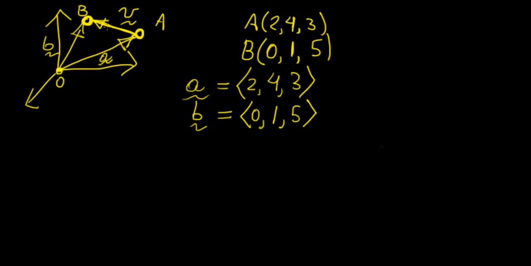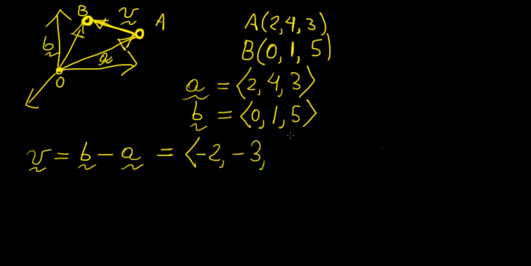Now, in order to obtain the vector that goes from A to B, all we need to do really is just subtract. So V in this case is going to be the endpoint, so basically vector B minus the starting point, which is given by vector A, so minus A. And then all we do now is we just subtract, so we're going to have 0 minus 2, so that's going to be minus 2. Then 1 minus 4, that's minus 3. And then 5 minus 3, that's 2. So that's it. We just found a vector that goes from this point A to this point B, simply by defining two vectors from the origin pointing to the start and the end of the vector, and then subtracting